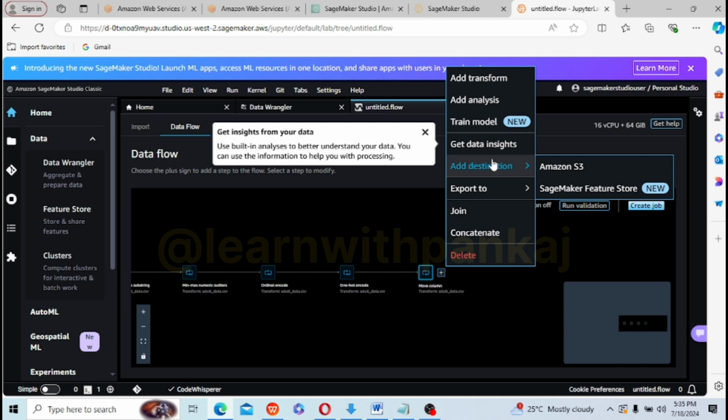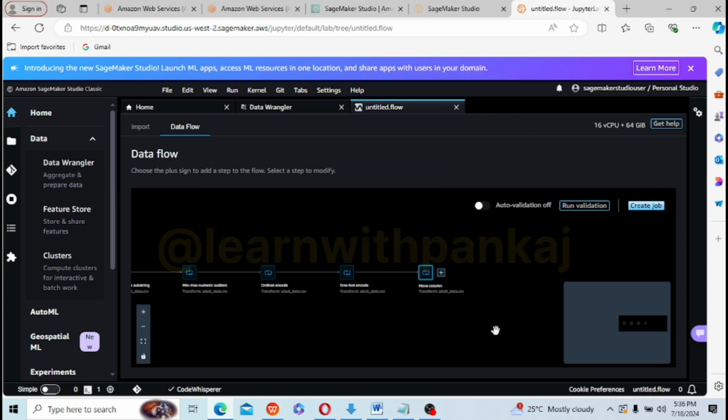After you create a destination node, you create an Amazon SageMaker processing job to output the data. Before you use the destination node, you need to create a split data transformation, and that is what we are going to do now. So we have to split the data before we add a destination. How are we going to do it? Splitting the data, I believe you would know, once you have the data, you have to split it into the training, test, and the validation, and that is what we are going to do.